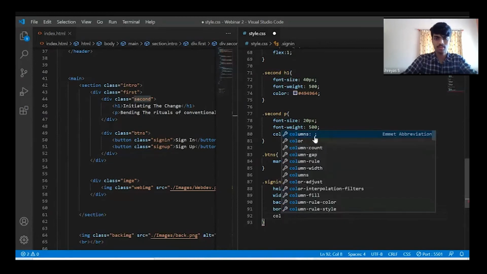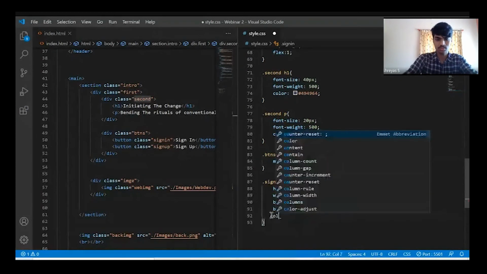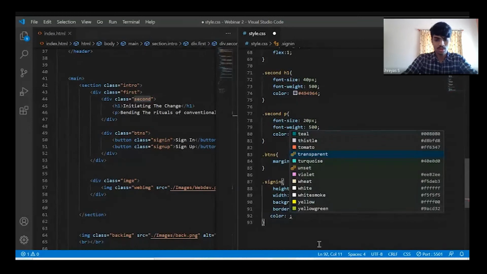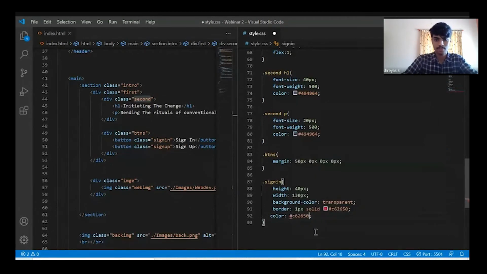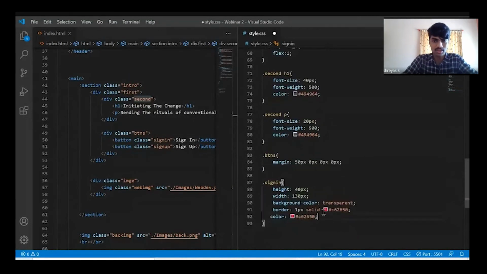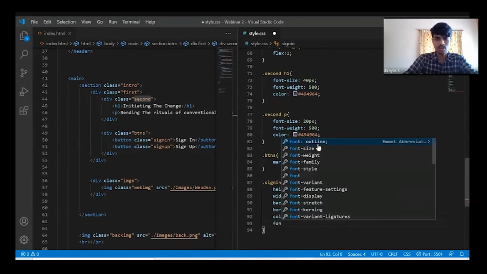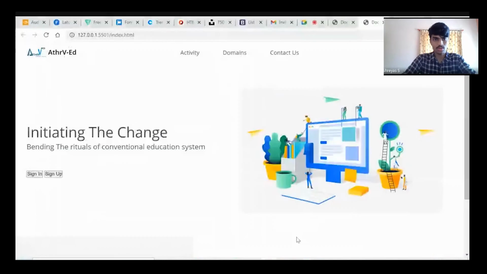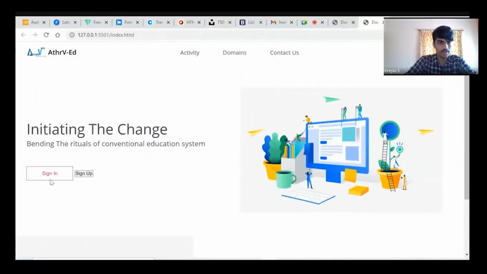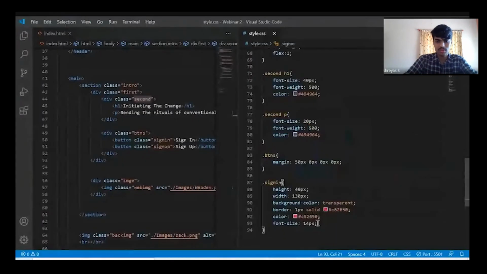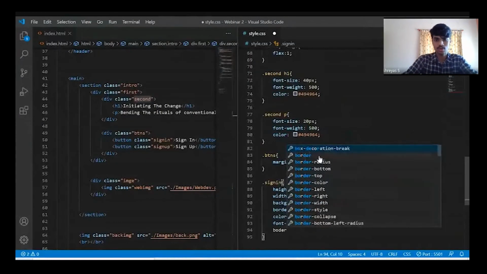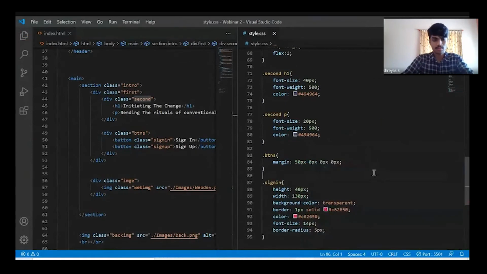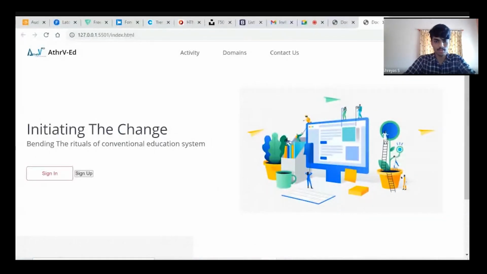Just color. Color as same. Either you can call it individually, or if you're going to use it more than 5 times or so, you can create a separate variable and call that variable itself. So color, I'll set a font size of 14 pixels. All the properties that I had explained in buttons, let's do it. Now it is a pointy end. If you want to make it a curved end, just set a border radius. Border radius, I'll set it as 5 pixels. See the border radius. Now this button looks a bit attractive.